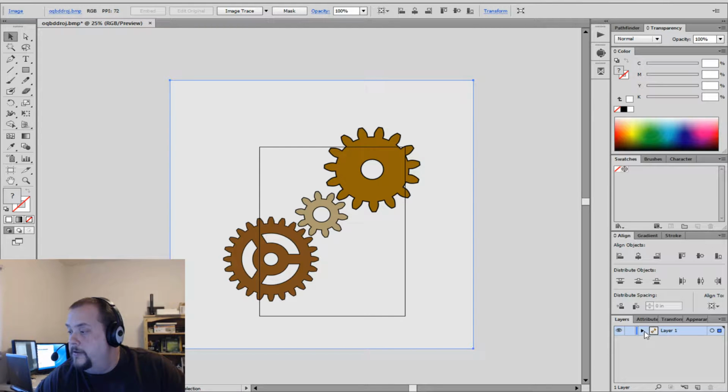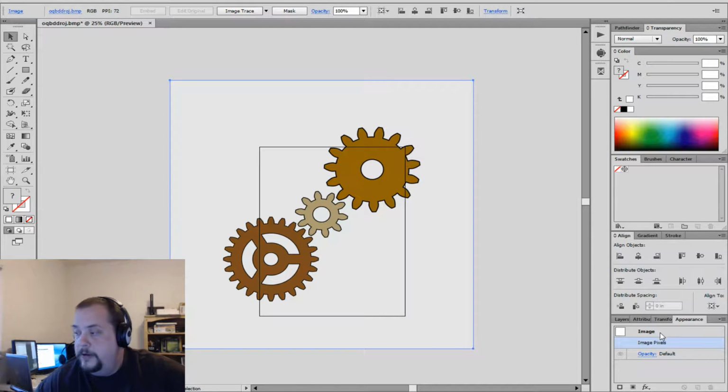Okay, we can look at the layers here, and we can go to appearance, and it just shows you here that it's just an image. But we want to convert this to where we can work with it in Illustrator, because Illustrator works with vector points, so no matter how big or small we want to make our image as far as outputting it to a source, it's not going to lose any clarity because resolution is not really an issue. But when you have an image that's say a bitmap or a JPEG, this one is a bitmap, then you're pretty much restricted by resolution,